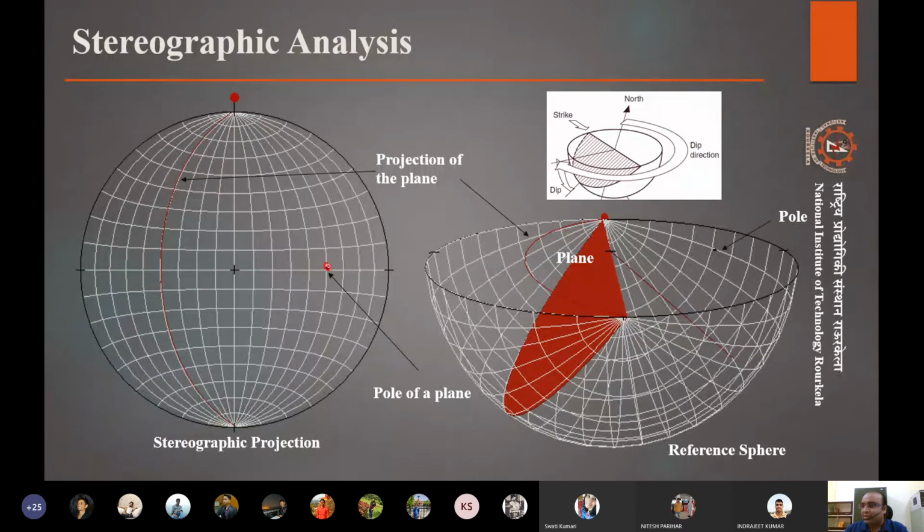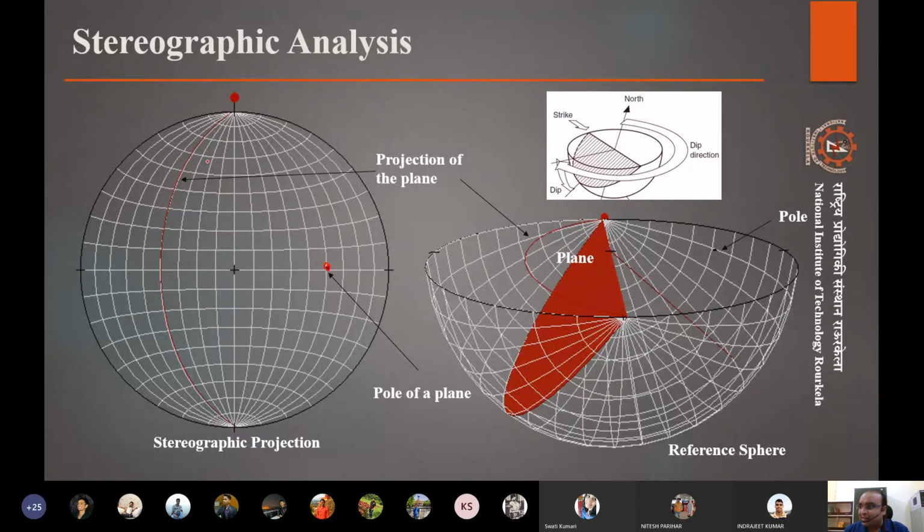So if these can represent all the planes by just lines or arcs, and all the lines or even poles by a single point, they can represent a lot of data in just a small amount of space. And that basically gives the prevalence of what kind of orientation the joints have.